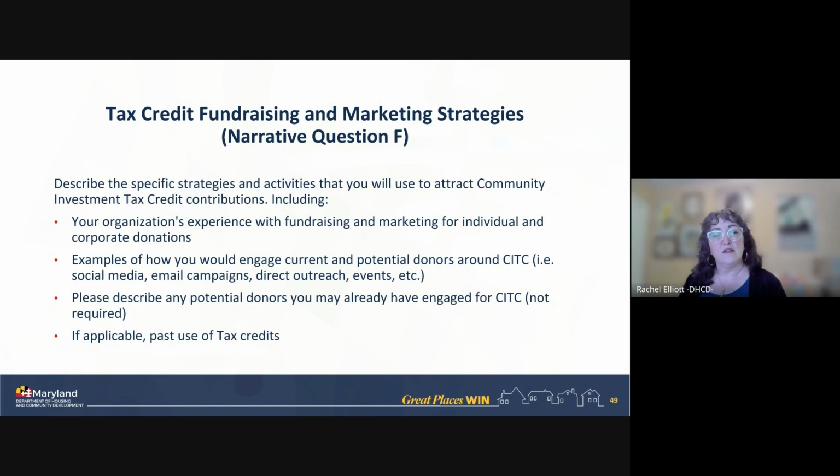Because this is designed to be an incentive to help you grow your fundraising program, you also have a chance to talk about your plan to use the credits and the new opportunities they will bring. This shows us you have a strategic understanding of the fundraising process, whether or not you have been successful, that you know where you want to go and how you want to use these tax credits.